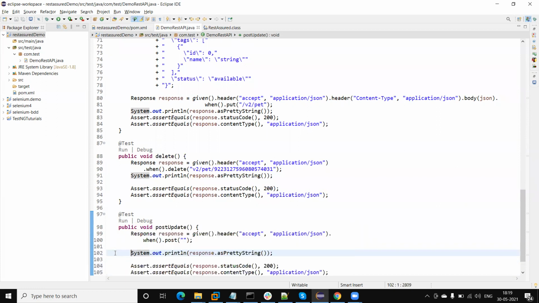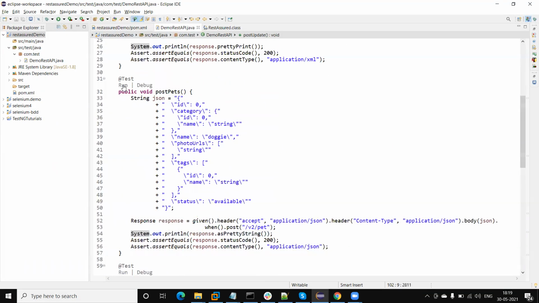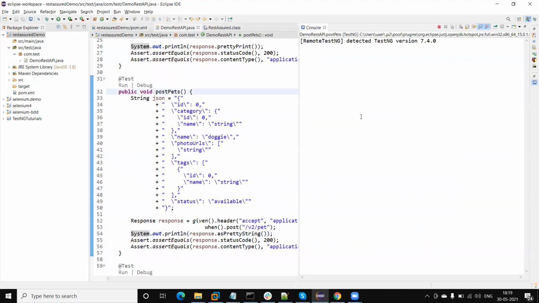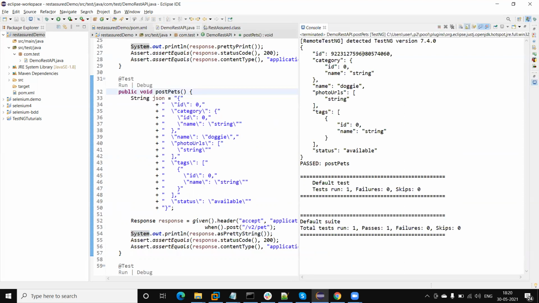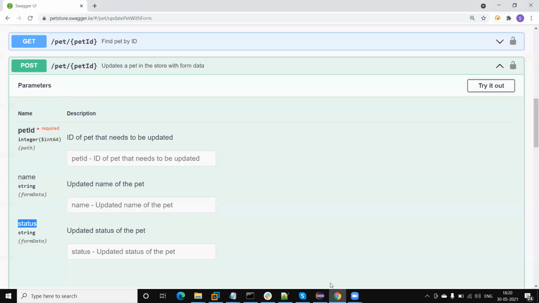Okay, so this is done. Now what additional values will we need to pass here? Suppose I am going to run this, and then we will use this ID. This is the ID.